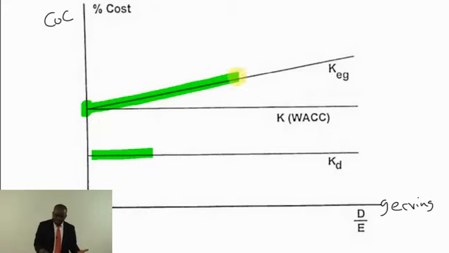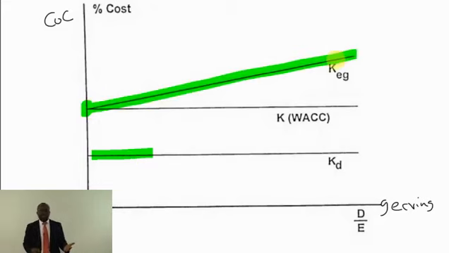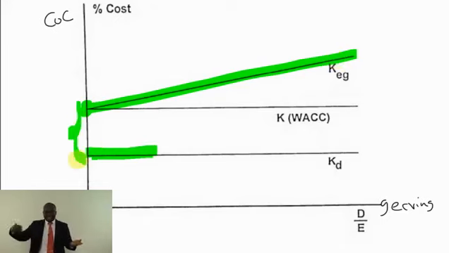Equity holders will demand extra return to compensate for that financial risk. The traditional people said, initially, the savings you are making on the cheaper debt is more than the increase in cost of equity. So your WACC should fall. Miller and Modigliani is saying no. Miller and Modigliani, based on their research, said that the savings you are making on the cheaper debt is exactly the same as the increase in the cost of equity to compensate for the financial risk that you brought as a result of that debt.